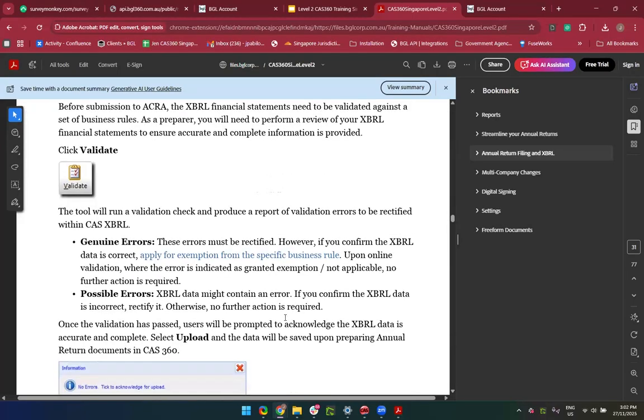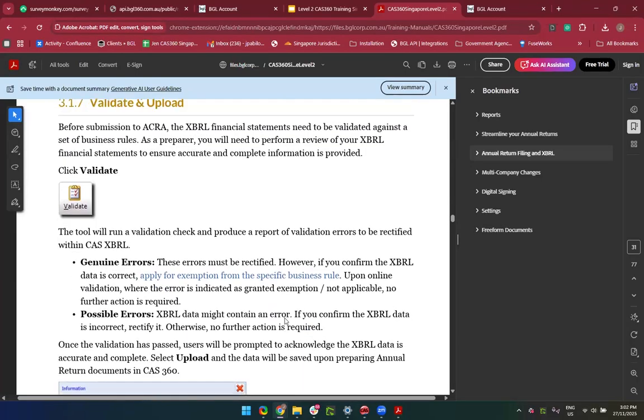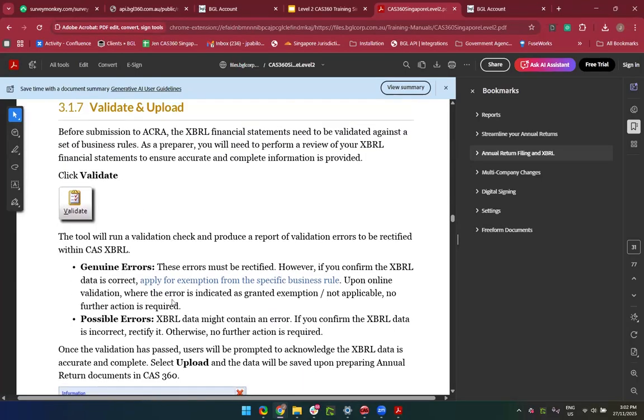Something I also wanted to update is that when you validate the XBRL that you have prepared, the validation will come through from ACRA. So we have integration with ACRA on the validation for XBRL. It will be live on the back end, and it will send you a report if there are any possible or genuine errors. I'm just going to quickly show you an example